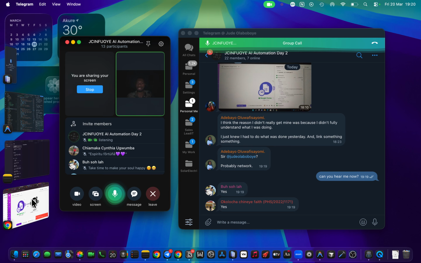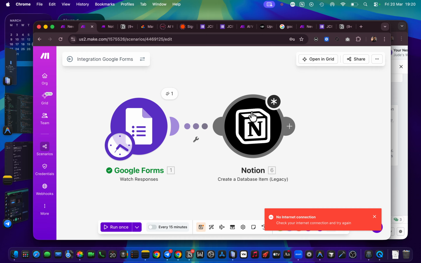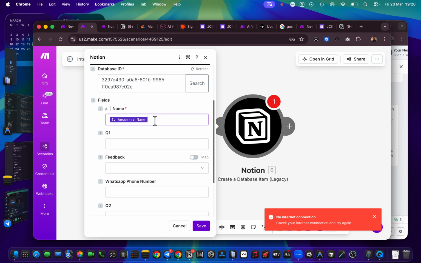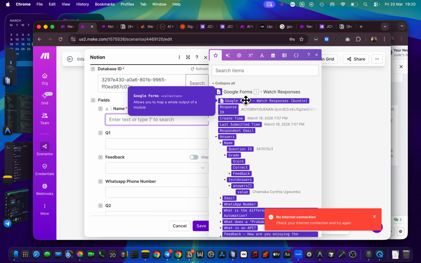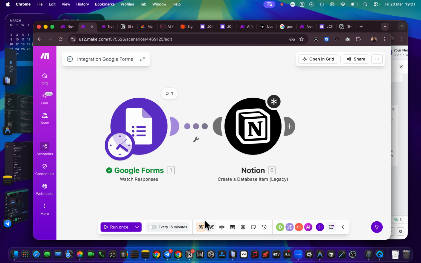So now let's continue. When it comes to the mapping, we've been able to get some responses already. That's why we're able to just go directly here. I was explaining this: we only need the values of answer. We don't need a bundle. There's something they call bundles. You see all these other buttons here. There are cases where you might use them in the future, where you have a lot of responses and there's a way you want to pass these responses.